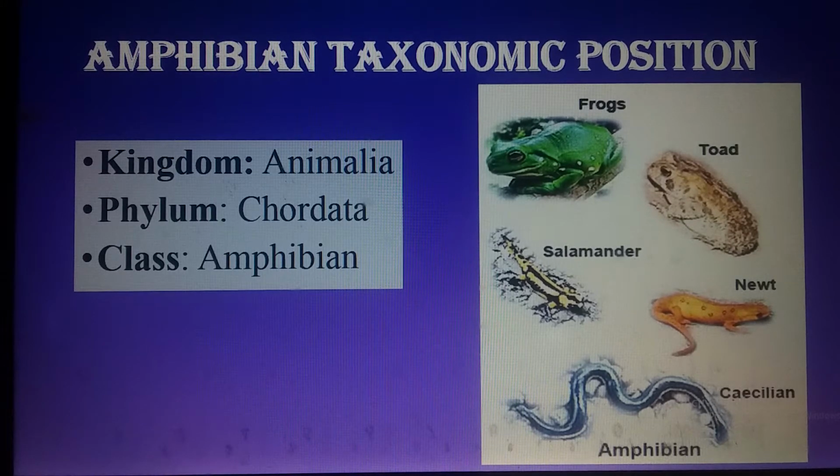These animals possess both types of life. They live in water as well as on land. They go to water for fertilization purposes. They lay eggs there and their early life is completed there. So that's why they possess both types of life, land as well as water, and that's why they are known as amphibians. Is it clear?